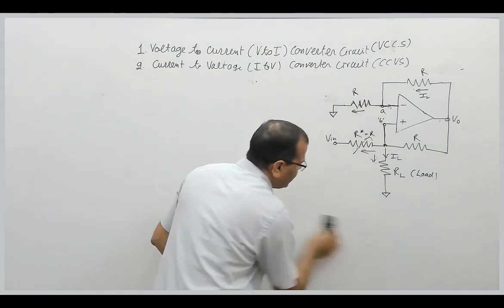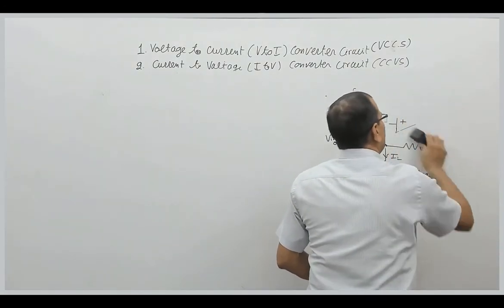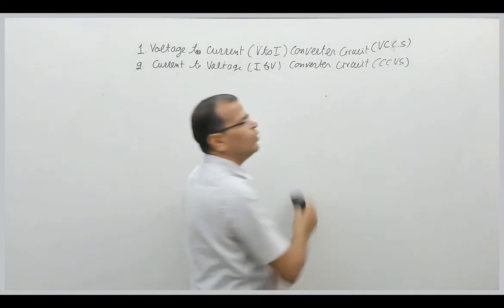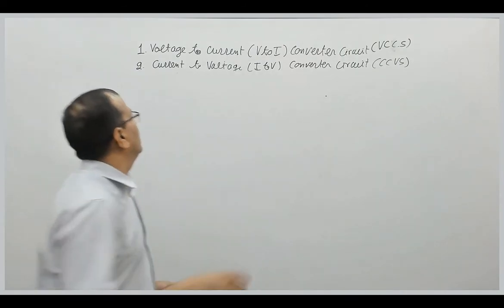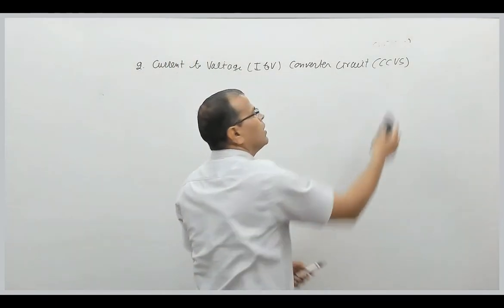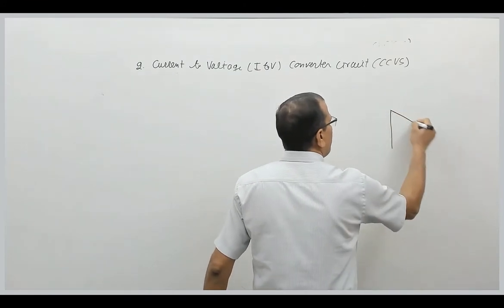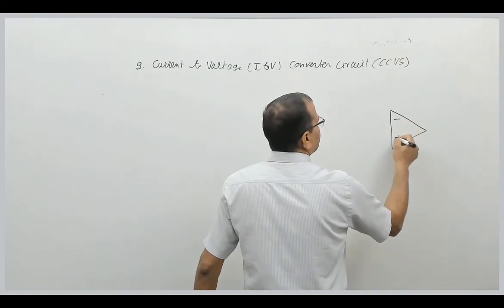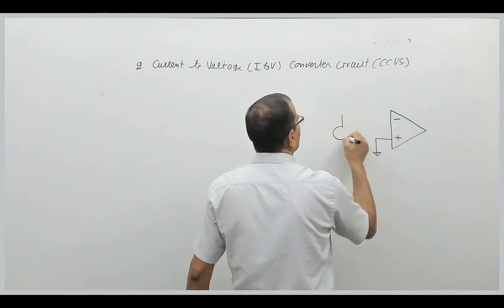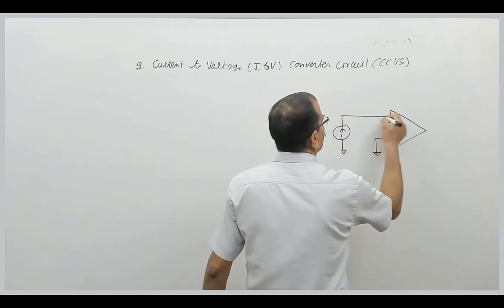Now let us see the second topic, that is current to voltage converter circuit. The current to voltage converter circuit is also called a current controlled voltage source. That circuit is simple. I have an op-amp, plus minus, this is grounded, we have a current source connected to your inverting terminal like this,